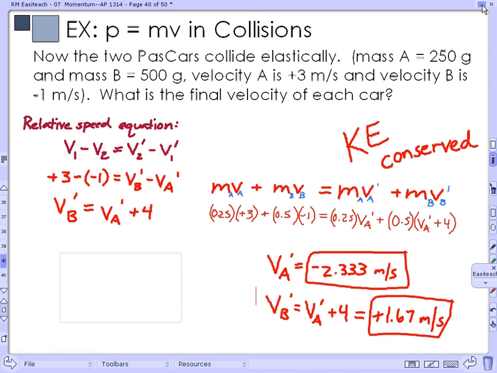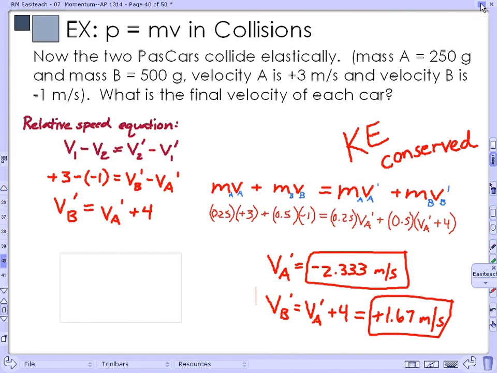Incidentally, if I were to ask you to calculate the kinetic energy, here's the cool part. You put in these velocities, calculate the total kinetic energy at the end, and you're going to get the same thing as the total kinetic energy in the beginning. And that's one way to prove to yourself that